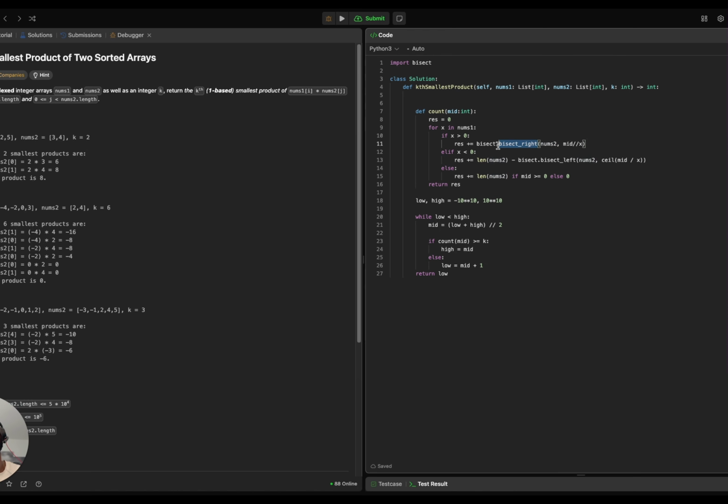And bisect works by giving you the index of the position where the current element you're searching for is supposed to be slotted in, meaning that every element to the left of that is basically less than or equal to that. Because we want to get every element that is less than or equal to b, we have to use bisect right. So that's why we're using bisect right, and that will give us